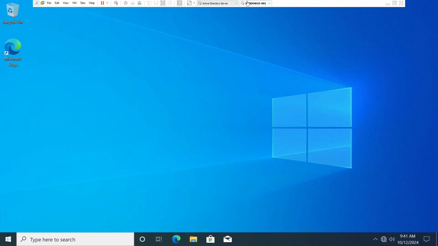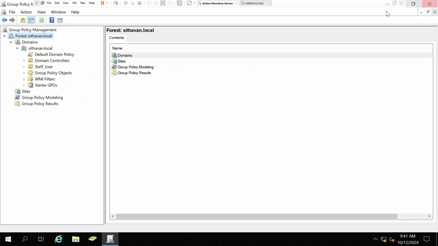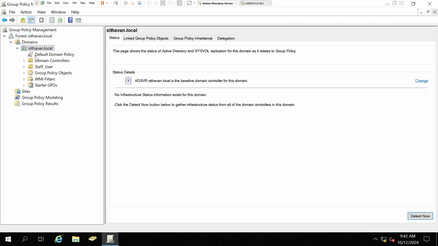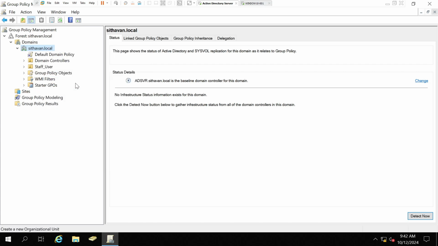Hello everyone. Today I would like to show you how to create a group policy to transfer a file from the server to the client. Okay, firstly we go to the Active Directory server and then we need to create one new